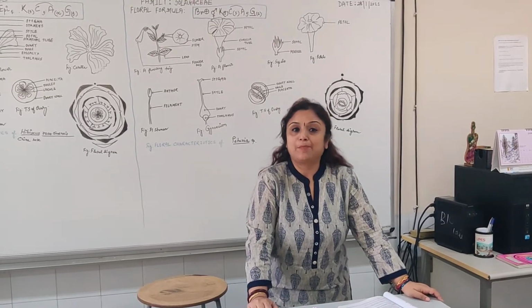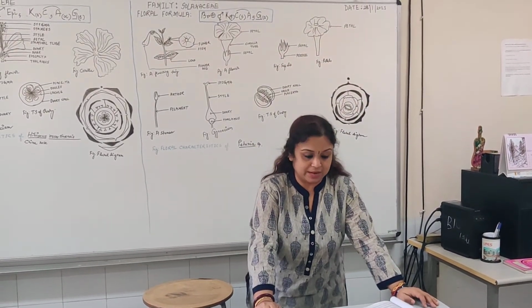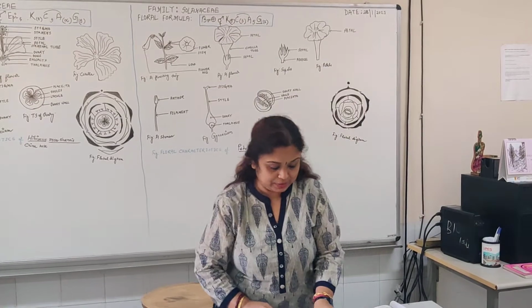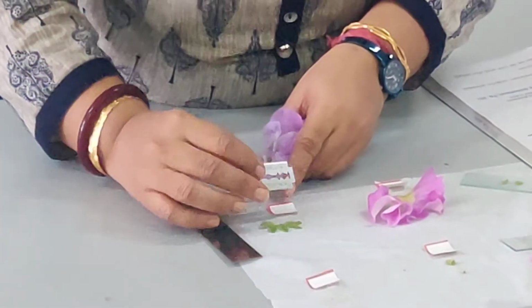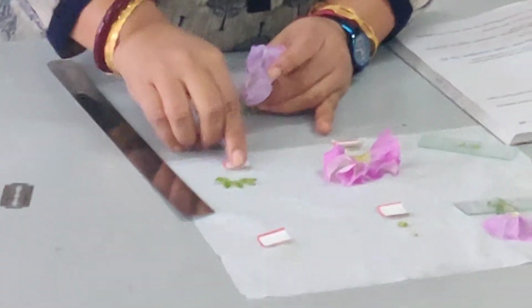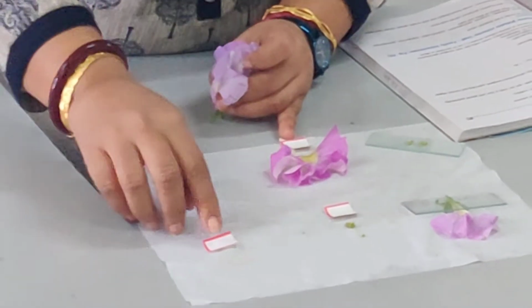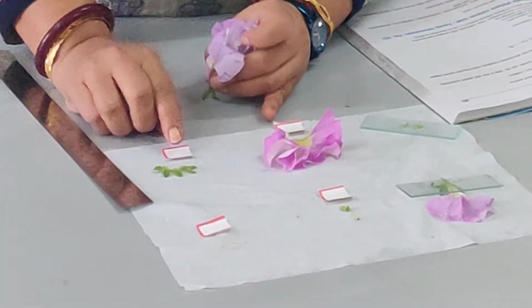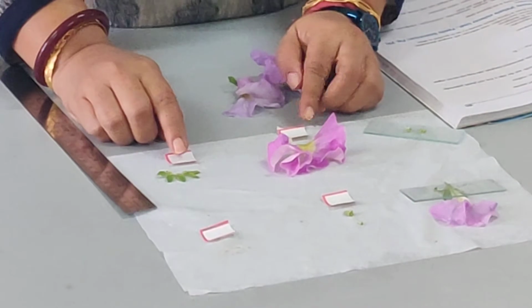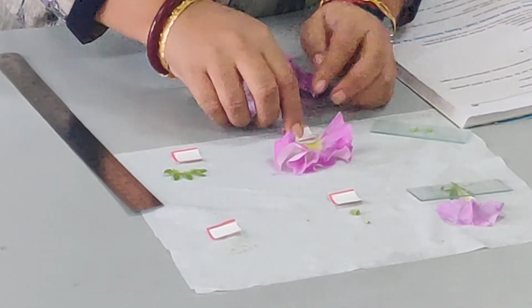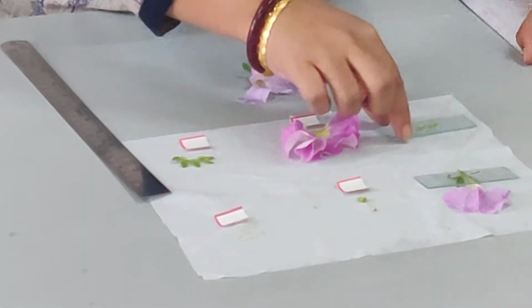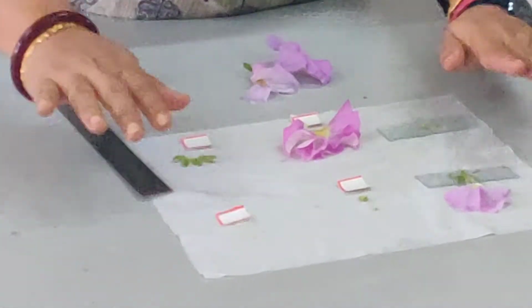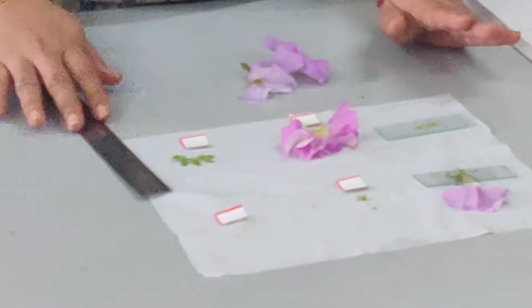Apart from that, if the calyx is to be described, you will start the actual dissection by taking out the parts of the calyx and arranging the sepals as you can see here. Previously, you take up these labels and stick them here, and you can write sepals, petals, androecium, gynoecium, LS of the flower and TS of the ovary. This is the full, complete dissection that you have to do.